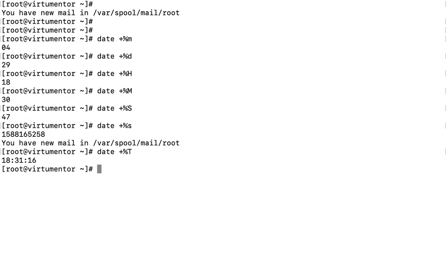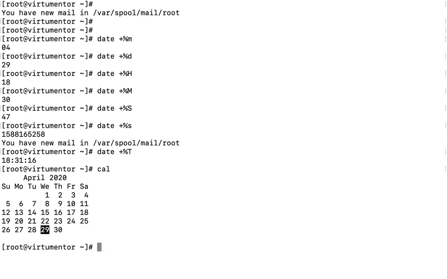Now we move to the cal command. The cal command is used to print the calendar of the current month. That will be a simple cal. This prints the calendar of the current month, and today's date is highlighted. If you want to print a full year calendar, then we can specify the complete year, like cal 2020.